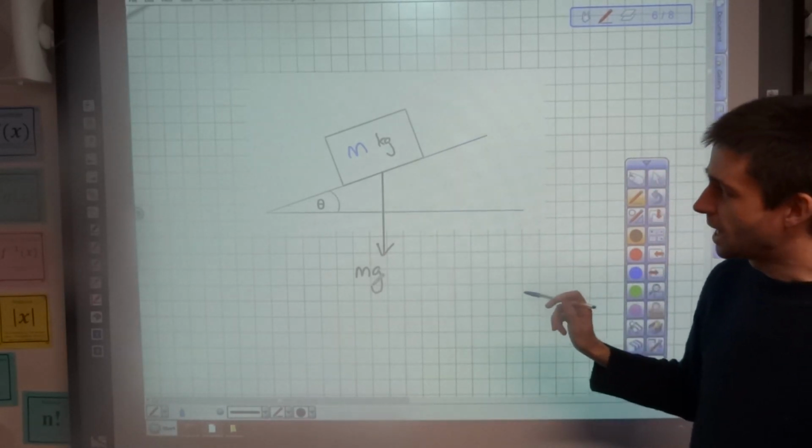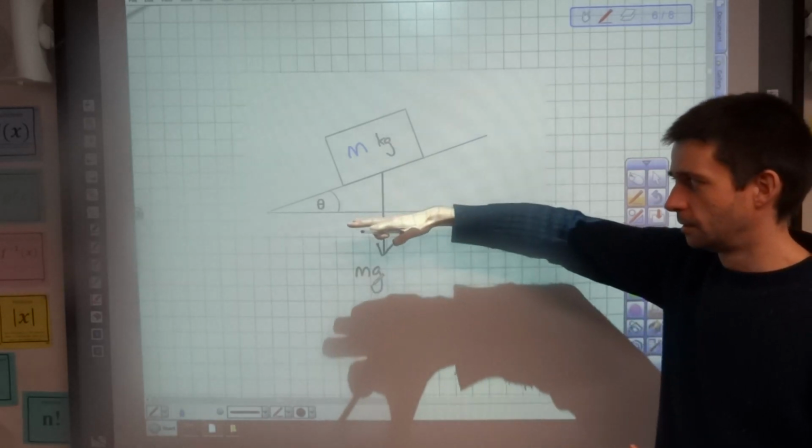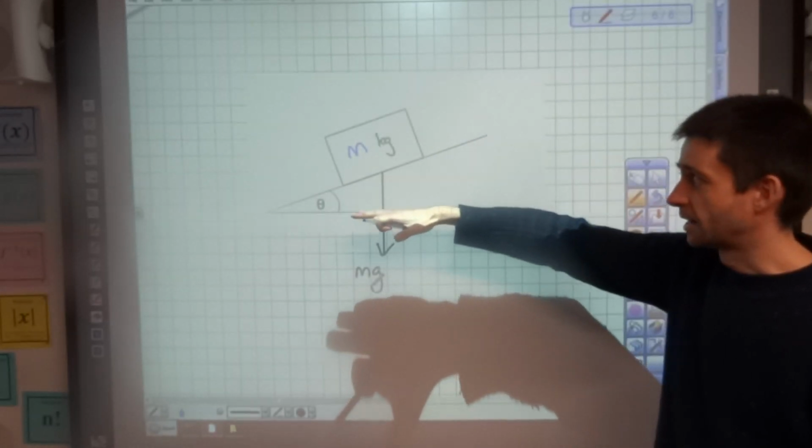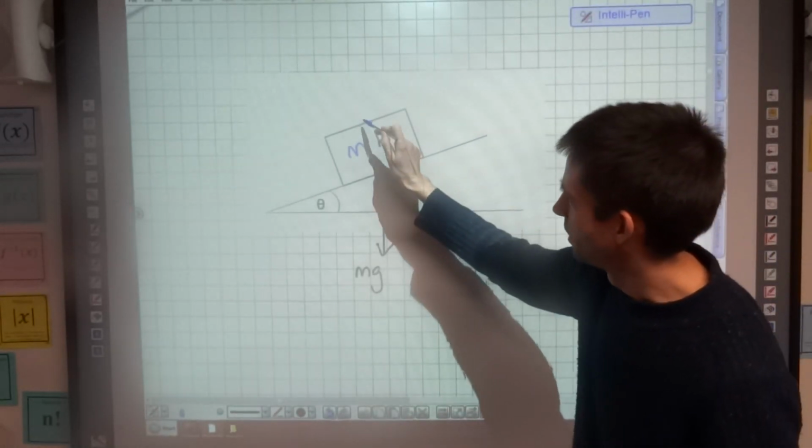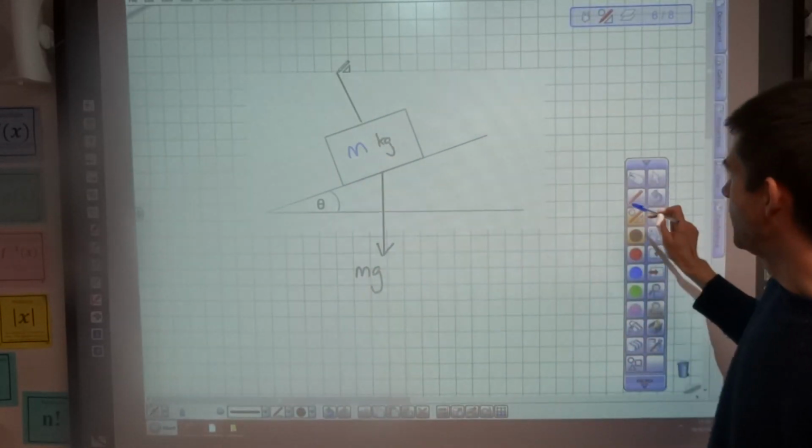Now the normal reaction force, which in all the horizontal problems we've done will be acting vertically, is now going to be acting perpendicular to the